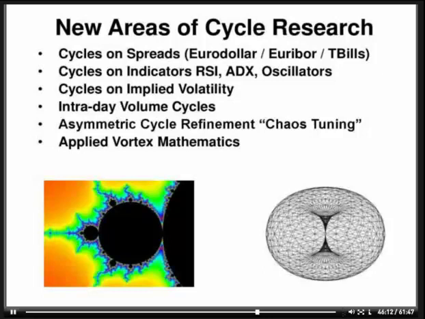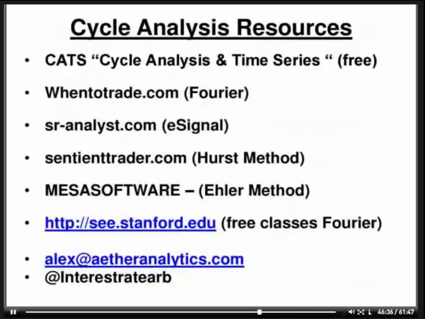And the last thing that we're trying to apply to this model is sort of a vortex mathematics technique, where we look at possibly taking a spherical measurement and turning it into a rotating torus. So I know this is a little bit difficult to visualize, but geometrically, this is what we're trying to add, this type of component to our filter engine and our cycle measurement.